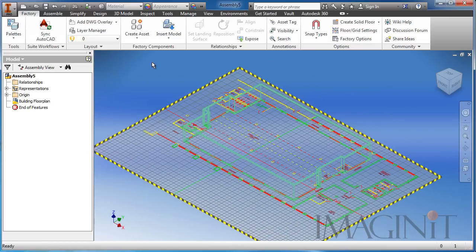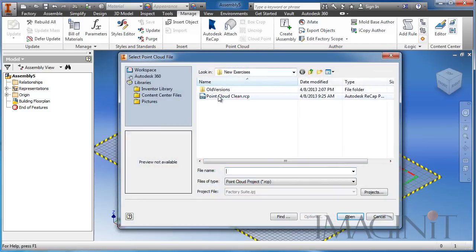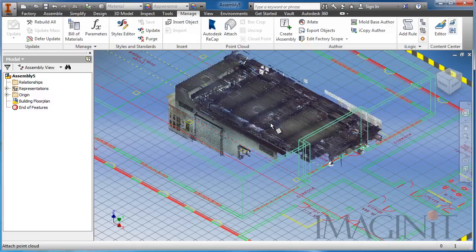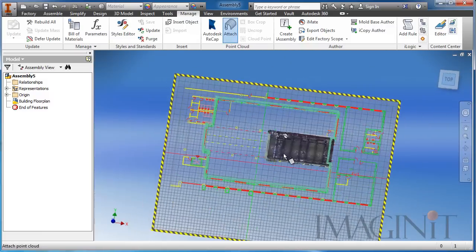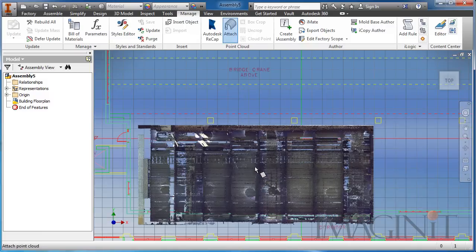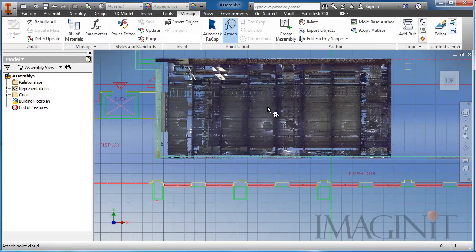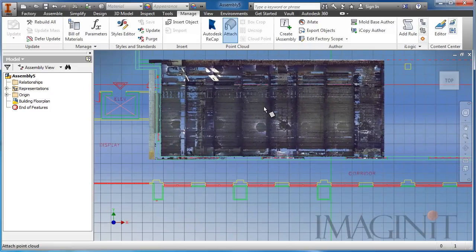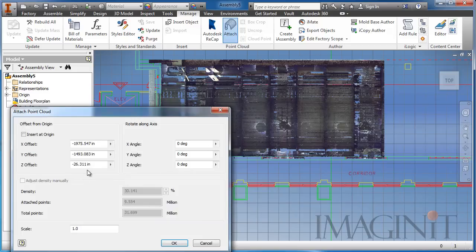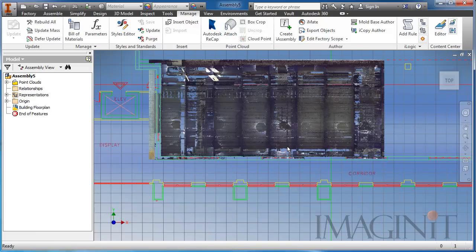Now the next thing I want to do is add the point cloud that we modified in the Recap command. So I'm going to go to my Manage tab and I'm going to attach, here's the point cloud project, the Recap project. I've got it set up already. And I'm going to go to the top view and I'm going to zoom down here and place this visually as close as I can into position. So I'm going to bring it in, place it right about there. I do want to modify the elevation, so we'll just go ahead and set that to 0,